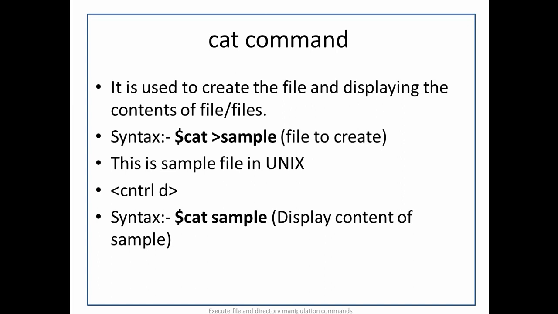It is used to create a file and display the content of the file. To create a file, we will write the cat command as shown in the syntax: cat greater than the name of the file. After that, we will write the content of the file, and at the end we will use Ctrl+D to come out of that file and to save the content into the file. To display the content, we will use cat and the name of the file. So in this way, cat can be used to create and display the content of the file. After that, we will have the next command,